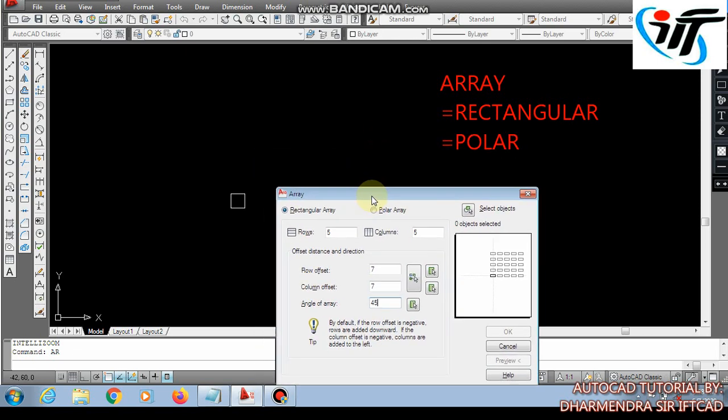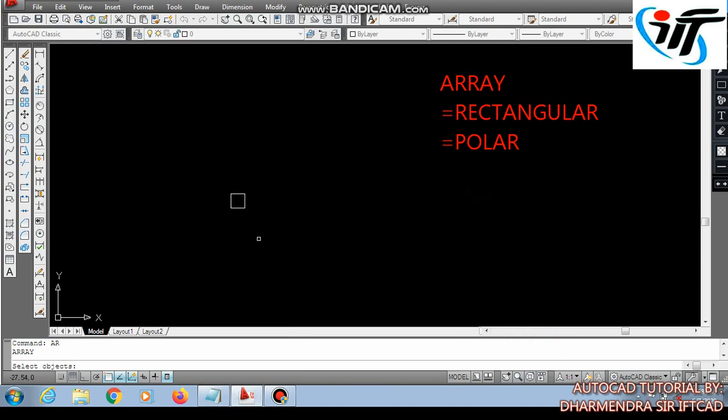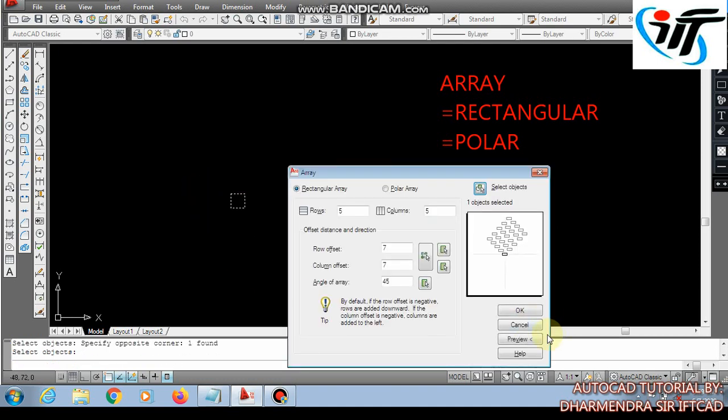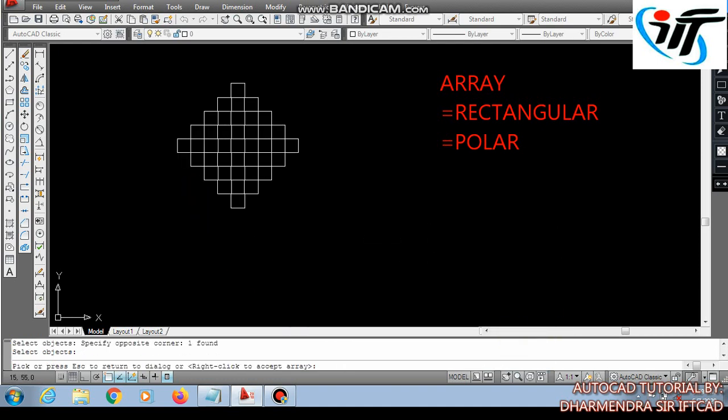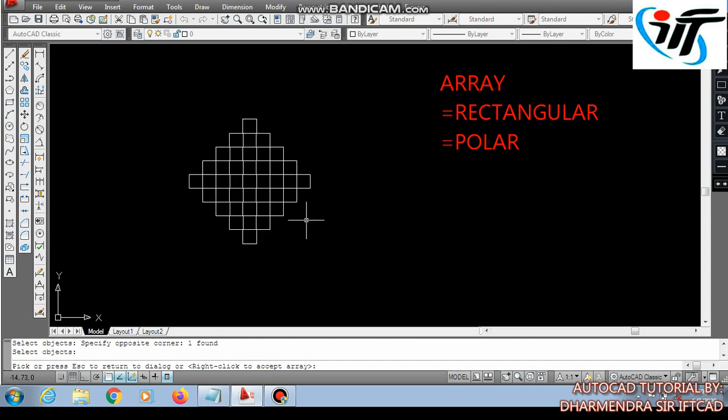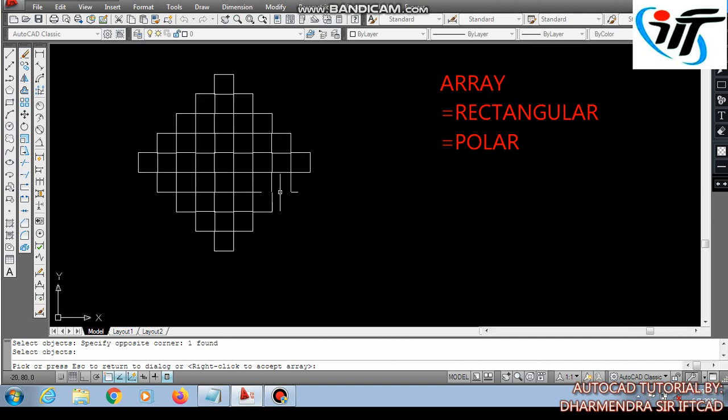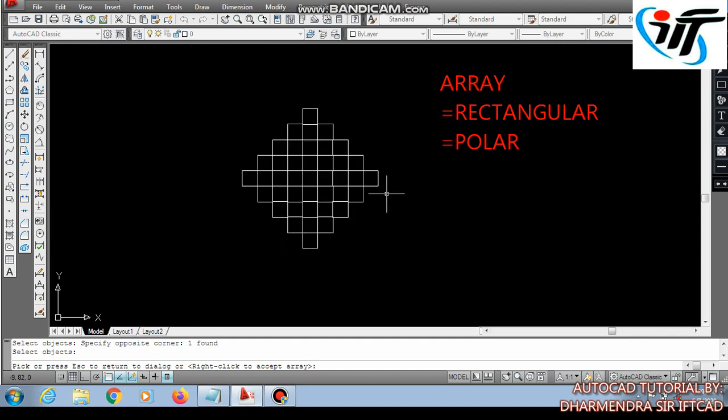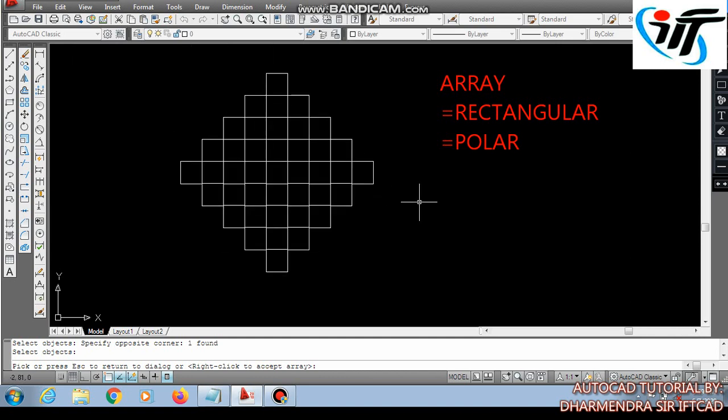Then I want to see the effect. Select object, preview. The whole object has been rotated to 45 degree, and this way it has formed a different type of shape. So we can also rotate the array object according to our need, according to our requirement.